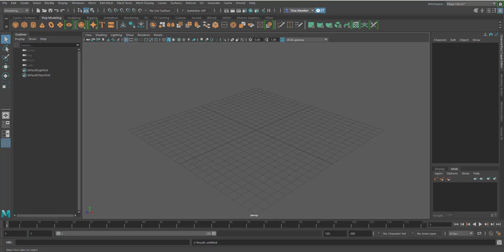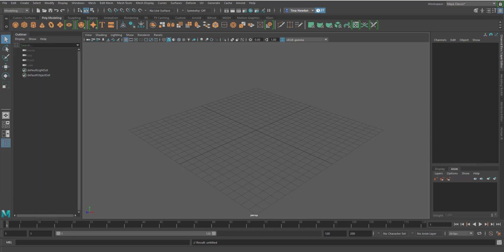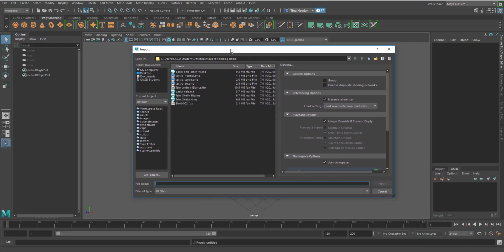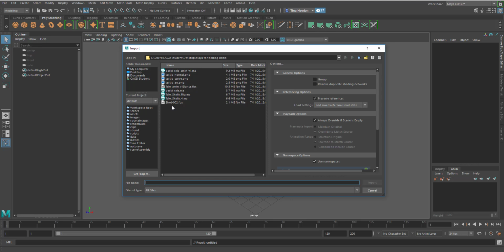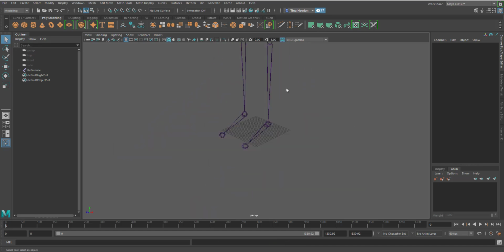In this tutorial, we're going to go over how to import your FBX from your Extends motion capture session into Maya and get it ready to be put on your character rig. So what I'm going to do is go into Maya, go to File, and go to Import, and then go to the directory where you have your FBX motion capture animation file. So select your shot, and then we're going to import that in, and that's going to come in as